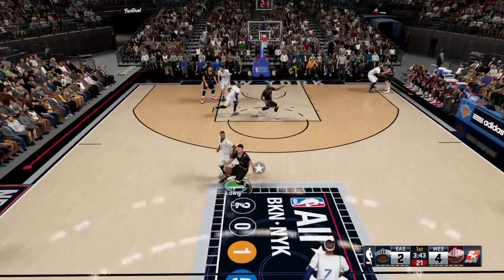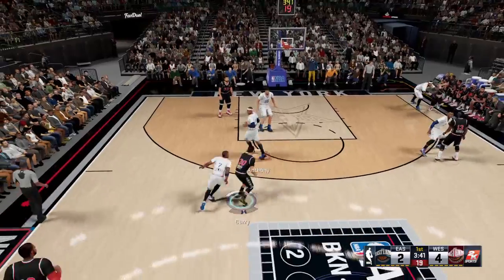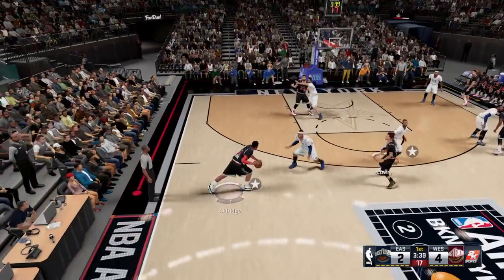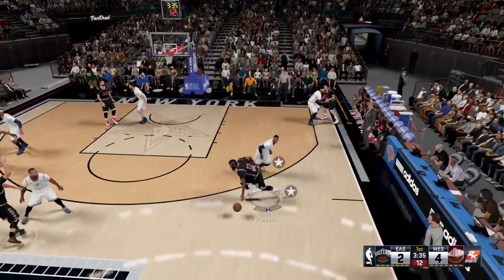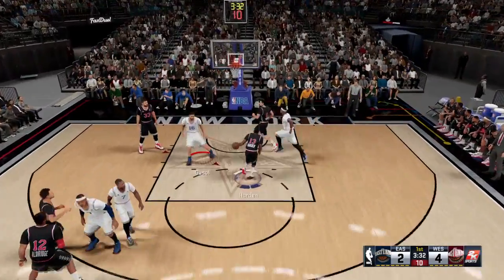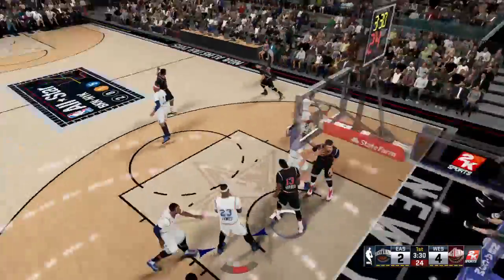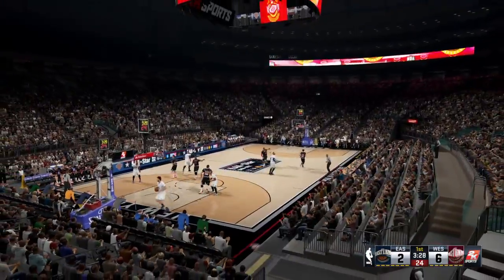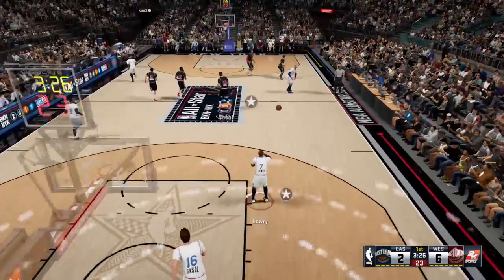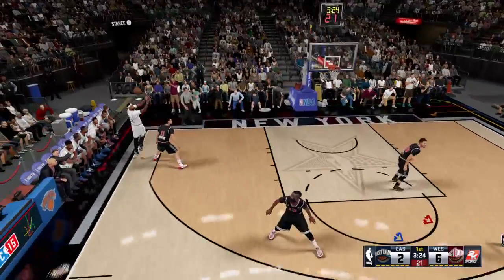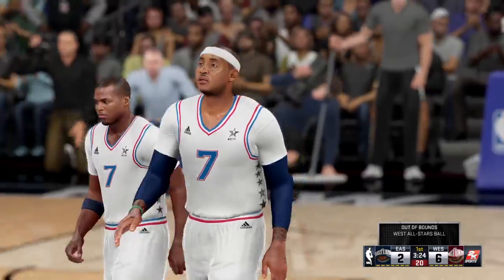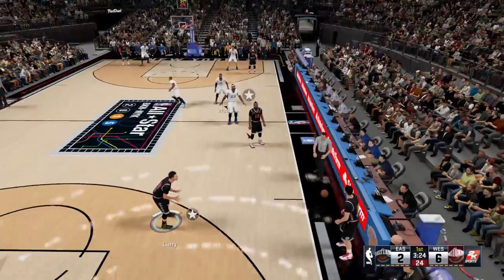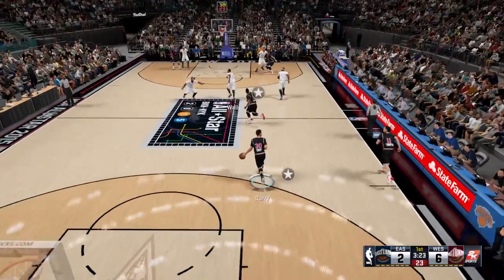East All-Stars on defense. Trailing by 2. Curry dishes to Aldridge. Wall against Harden. And he uses the glass on the layup. And a really good way to start the game. He's a guy who, if he gets it going early, he's going to give you problems. And it goes out of bounds. That one's off Anthony. And that's just carelessness there. I mean, you have got to have your head in the game.